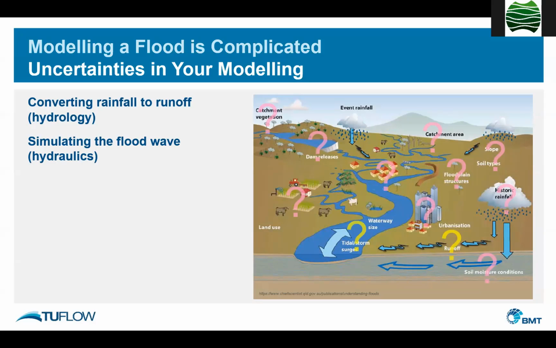Now that's sort of based a bit more on more precise physics, if you like. We actually use the fluid flow equations to simulate the flood wave, but there's various forms of that as I'll be discussing. And then there's the final stage of estimating your design flow, and that somewhat comes down to statistics. How do we come up with the 1 in 100 event, and how accurate can we be, or how confident can we be that it is representative of the 1 in 100?